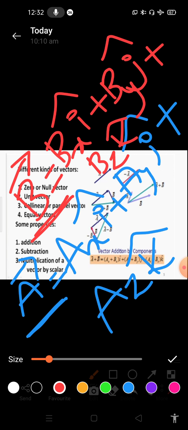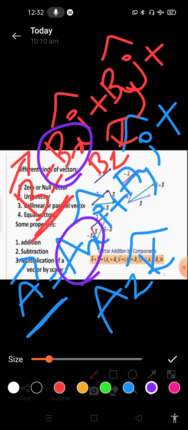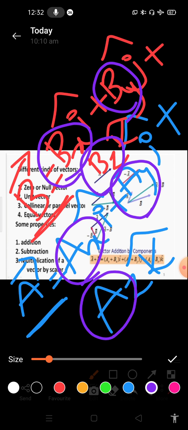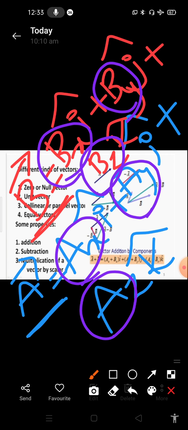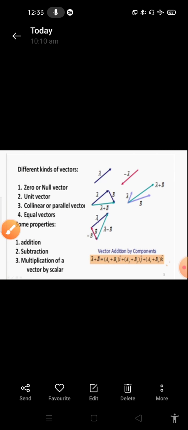If you add both these two vectors, then AX plus BX I cap plus AY plus BY J cap plus AZ plus BZ K cap, okay? This is the addition of the vectors. In this way you can add two vectors. And subtraction means what? AX minus BX, AY minus BY, AZ minus BZ. Then multiplication, okay? Multiplication means what? AX BX, AY BY, AZ BZ, okay? Like that you have to multiply.